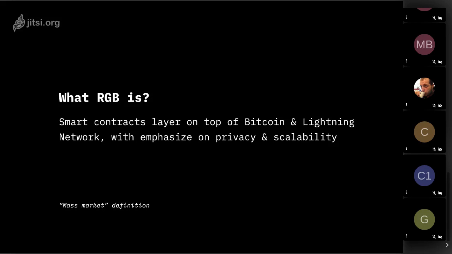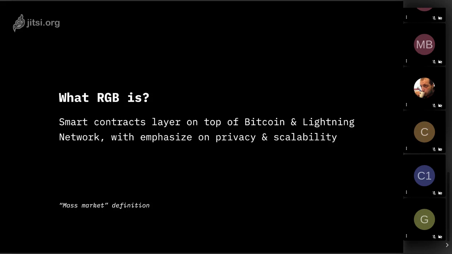But the fact is that when we say that RGB is a smart contract system, we need to explain that it's a completely different smart contract system to what is usually understood as smart contract systems. And today I will pay very brief attention to explaining why it is very different from Ethereum type of contracts or other types of smart contracts. And again, smart contracts is a very vague term that is being widely used for different purposes. So we need to quite strictly define what RGB allows and what not, and it will be shown on the